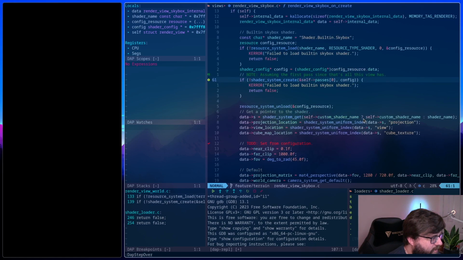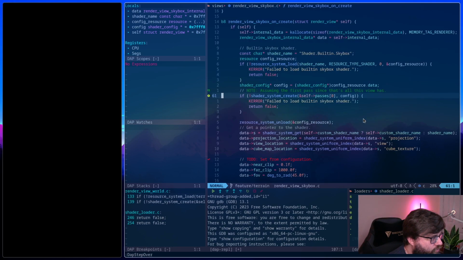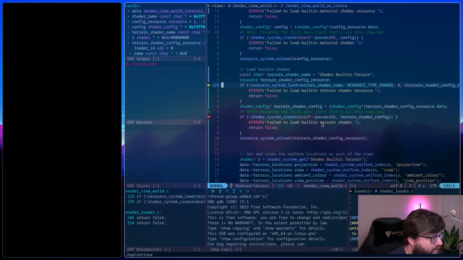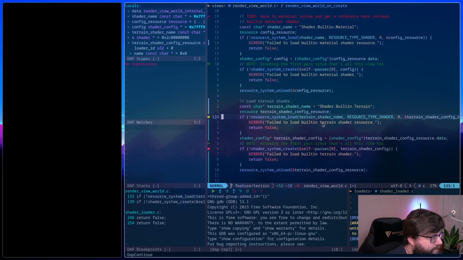So that's the first. Oh, that's for the skybox. Okay, so we don't need that. This is the one we actually care about. So the resource here doesn't have anything loaded in it. After that line,